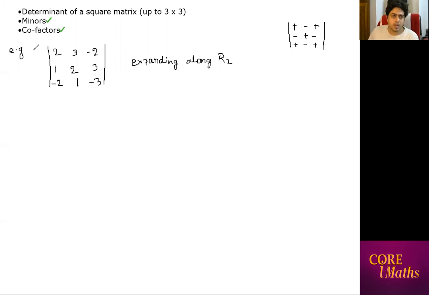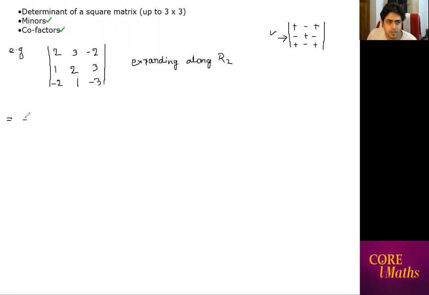Now here one example is given. One 3x3 determinant is given, and we have to find its value. The elements are 2, 3, minus 2, 1, 2, 3, minus 2, 1, minus 3. You have to expand along row 2. How will it work? Here I have already written the sign rule. You follow row 2: minus, plus and minus. So first write